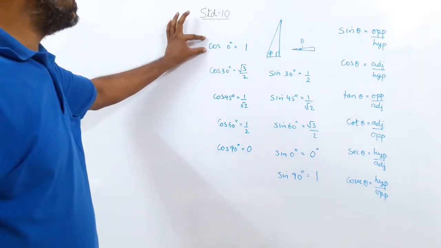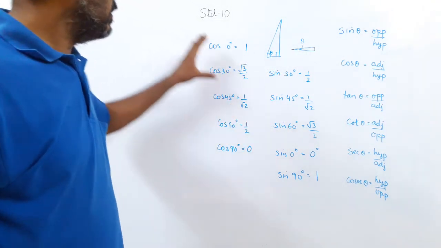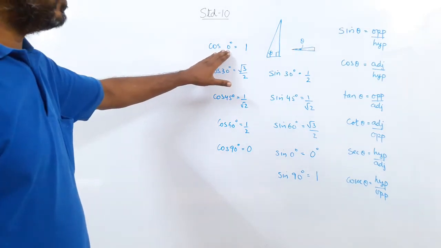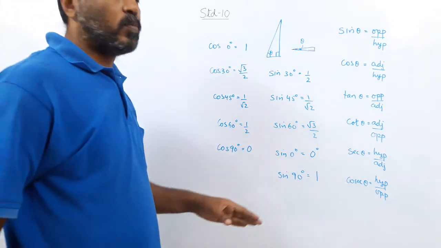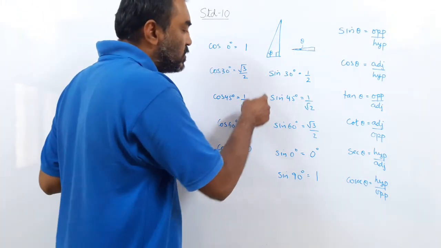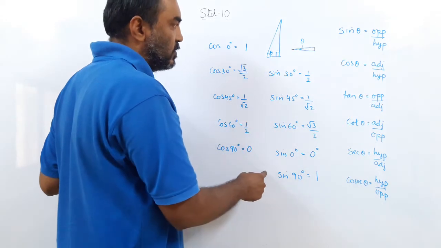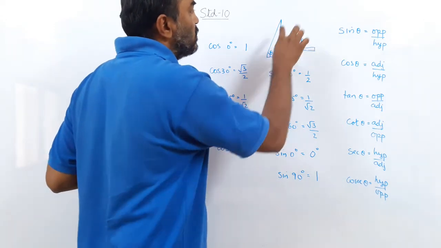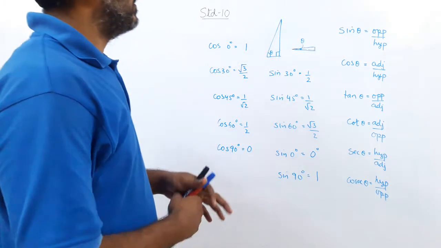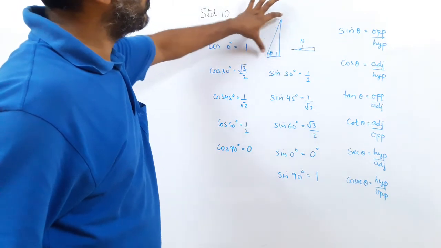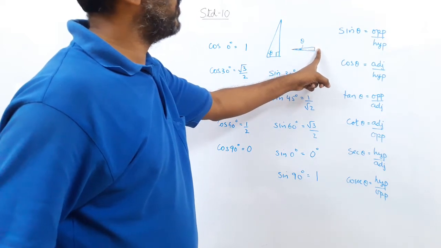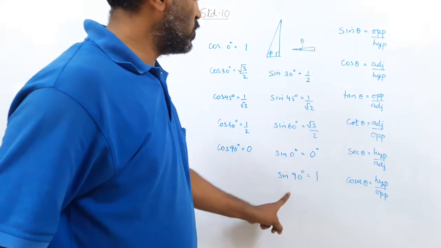So these values, this 0, 90 and here 0, 90, are hypothetical values. You can never have a triangle having an angle 0 or two angles of 90 degrees. It is not possible, but we have limited this. As we increase the angle, the value of sine increases. As you increase the angle, the opposite side becomes bigger and bigger, but how much can it become bigger? It can go maximum to the hypotenuse. So opposite upon hypotenuse becomes 1. And as you make the angle smaller, the opposite side is decreasing, finally reaching 0. So sine 0 is 0, sine 90 is 1.